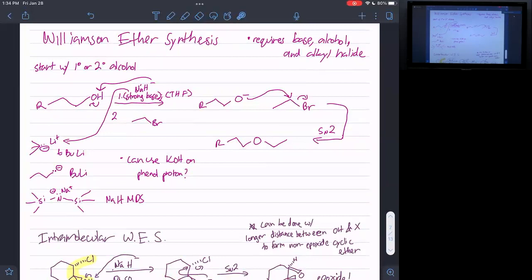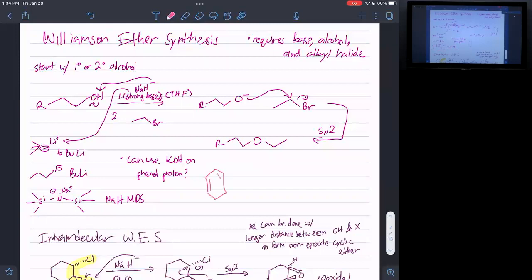We can use NaH, we can use BuLi, tert-butyl lithium, and we also have this NaHMDS thing, which just looks like a crab, I guess. And then the only case where he used KOH was when he had a phenyl,